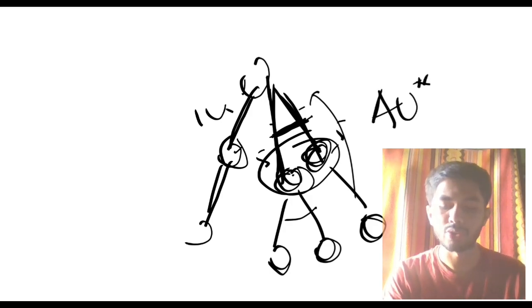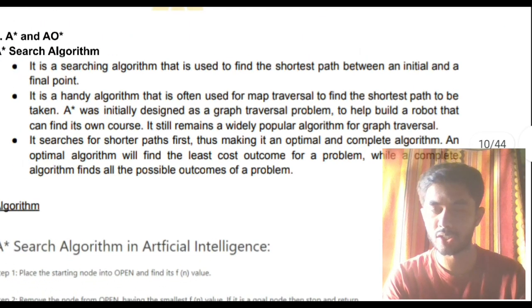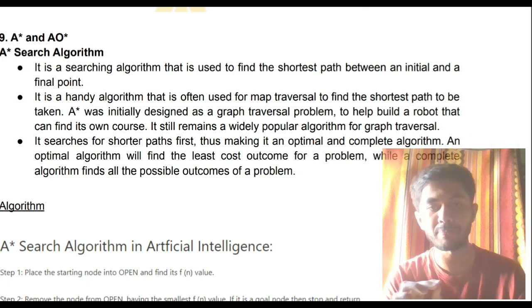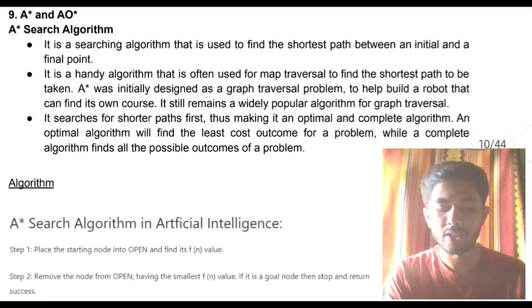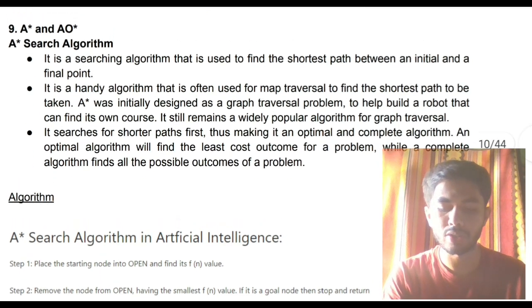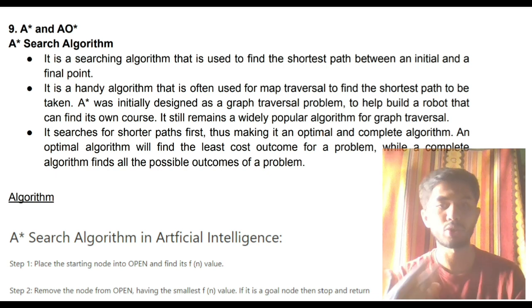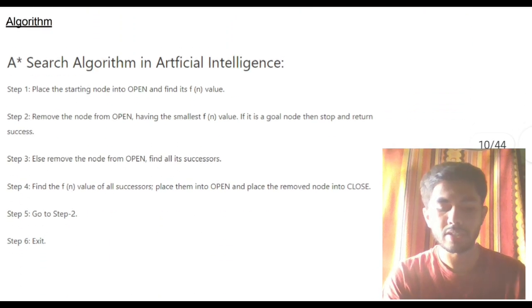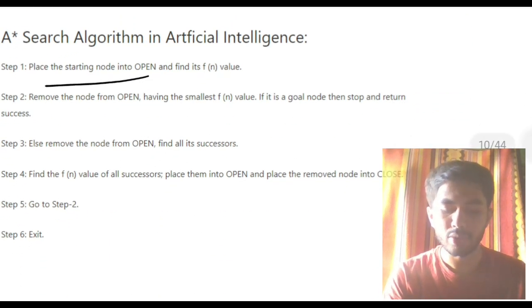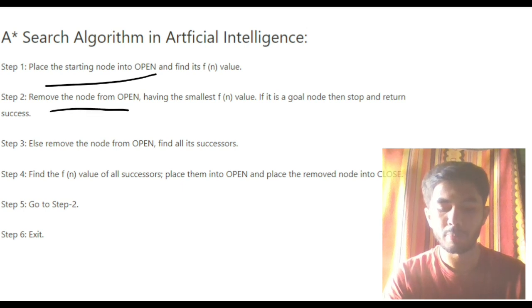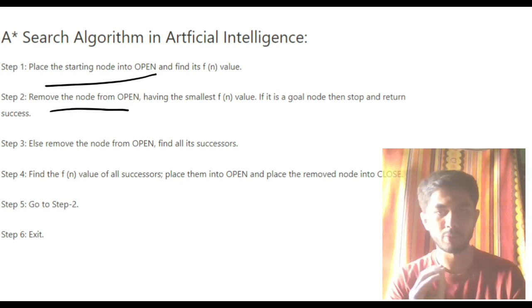So what you have to write is a few theoretical concepts, and then you have to write the algorithm. Done. In the A star search algorithm, some theoretical concepts you can go through, or else whatever I told you, you can write in your own words. Algorithm I'll slightly touch. Place the start node in the open list, remove it from the open list. Once you consider a node, we'll remove it from the list.